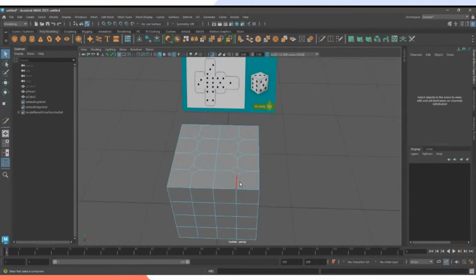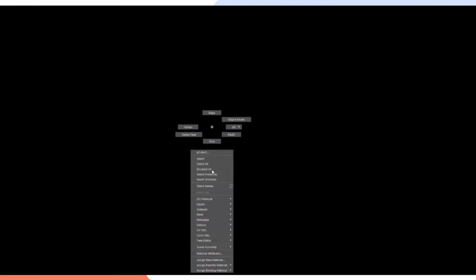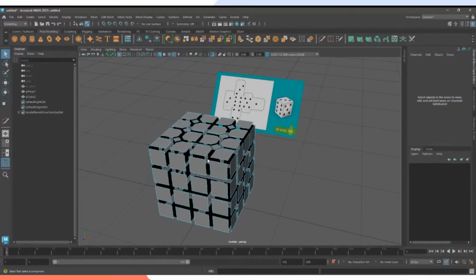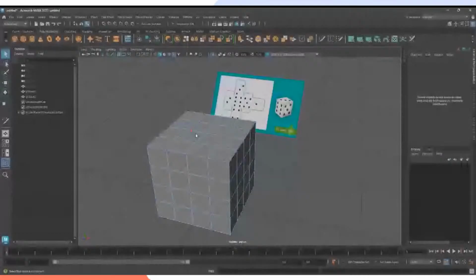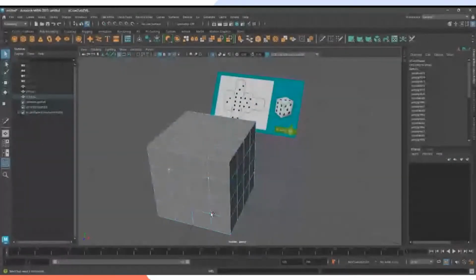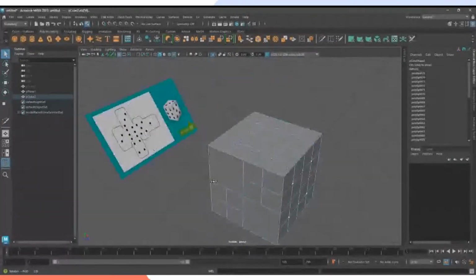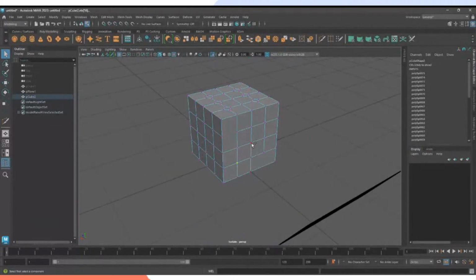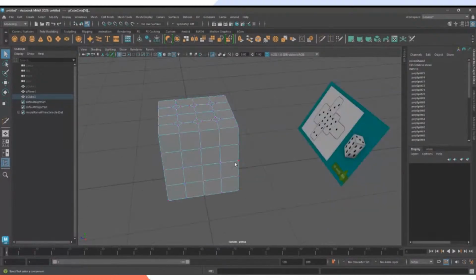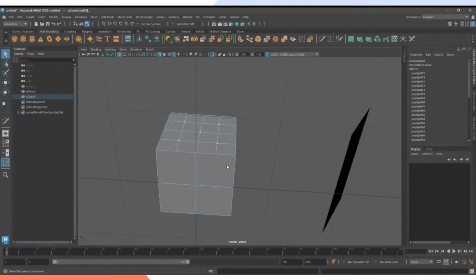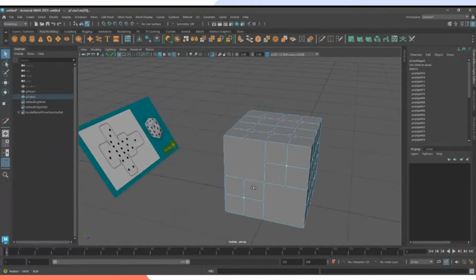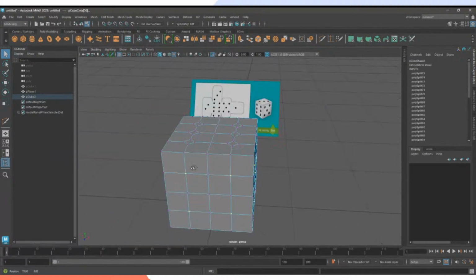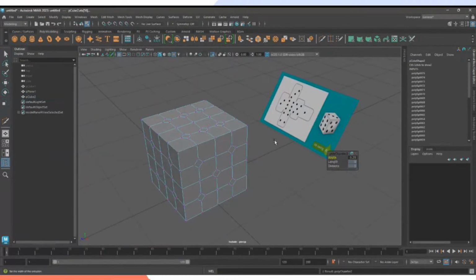Now we're gonna create our holes now. So this is something that happens. Just keep pressing the right click, and you got all of your vertex selected. Now let's begin our